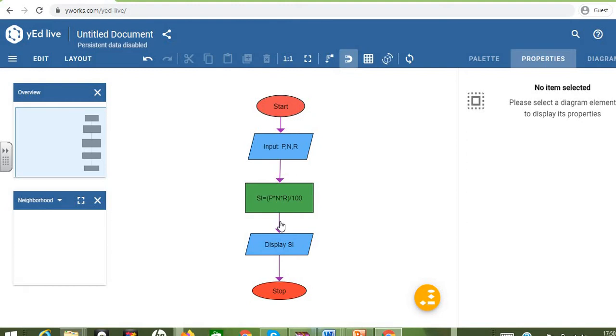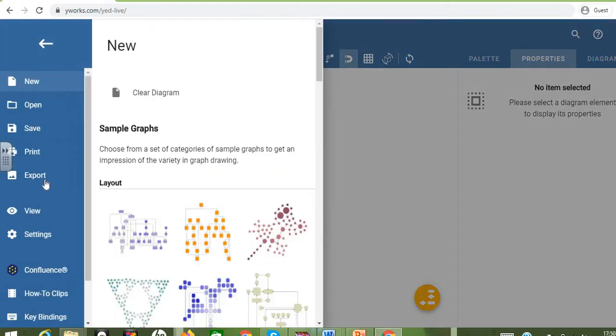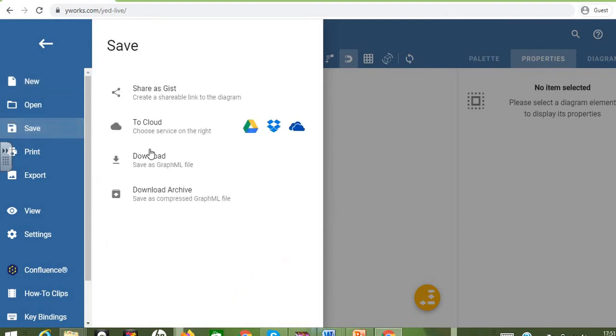Right? So we can increase the size of this arrow also, thickness of the arrow and colors of the arrows, anything we can change it, right? And when we want to take this particular flowchart, we can go here, go for export, either you can go for print or you can go for save. So if you save, it will be saved in different formats, in GraphML file format, right?